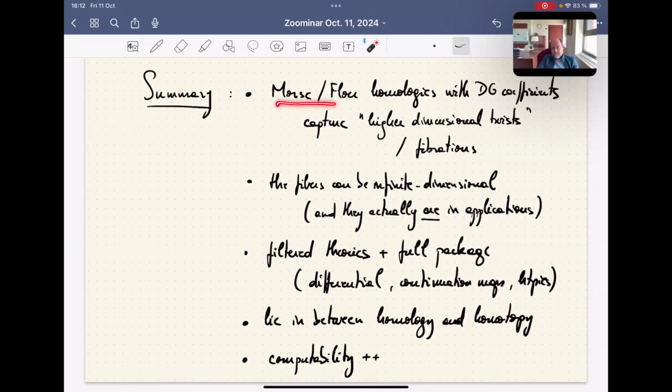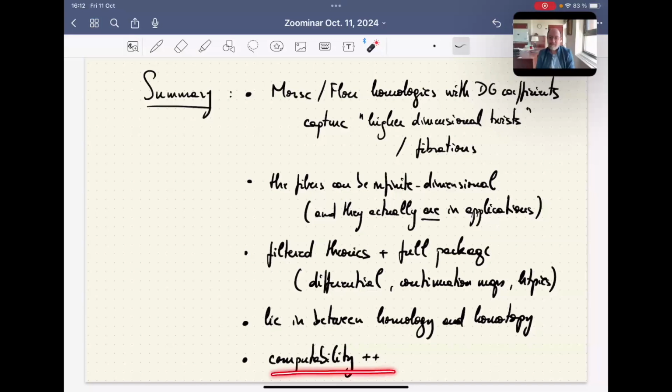These Morse and Floer homologies with DG coefficients behave just like the usual ones. They are filtered. I did not insist much on the filtered aspect. And there's a full package with differential, with continuation maps and homotopies. They lie in between homology and homotopy. So they capture strictly more information than homology, less than homotopy, but then there's a balance